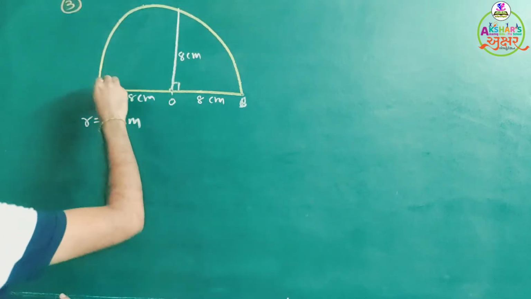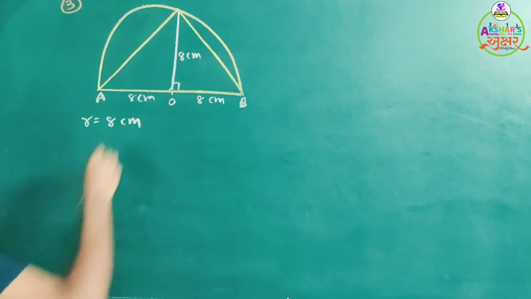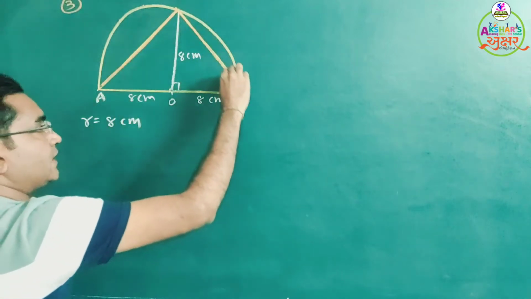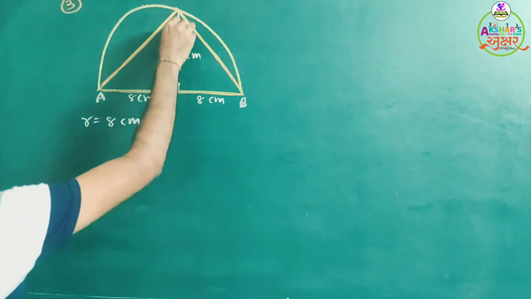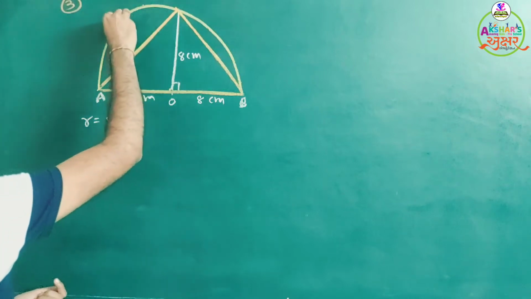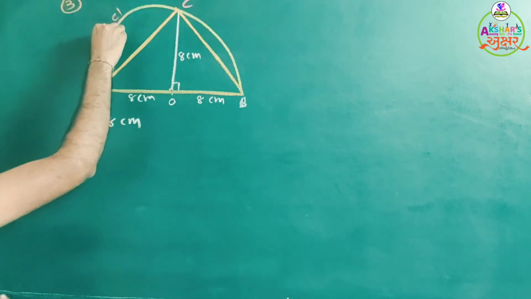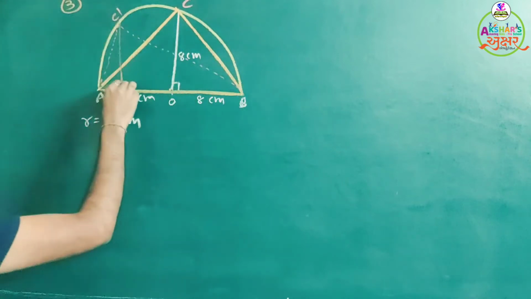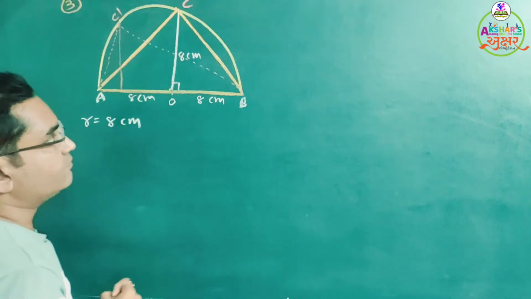So this triangle will give us the largest triangle which is inscribed in this semicircle. Done. The diameter of this semicircle will give us largest base, and this perpendicular will give us largest height. For other triangle, if we try to do other triangle, so here height will be less than 8 centimeter. Suppose this is C and this is C dash. So this triangle having the same base, but its height will be less than 8, so area will be reduced. So this triangle ABC will give us maximum area.